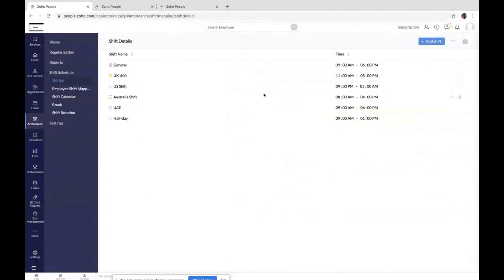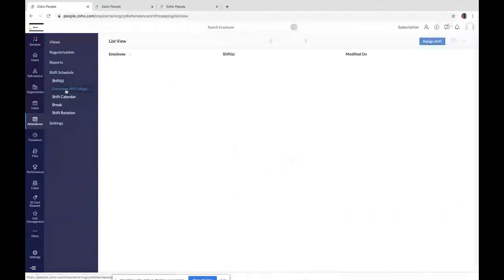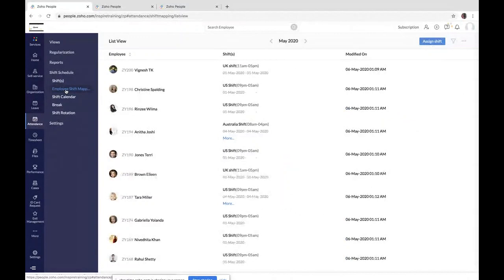So this is how you generally add or import the shifts. After you add or import your shifts, now you will have to map your employees to the respective shift.